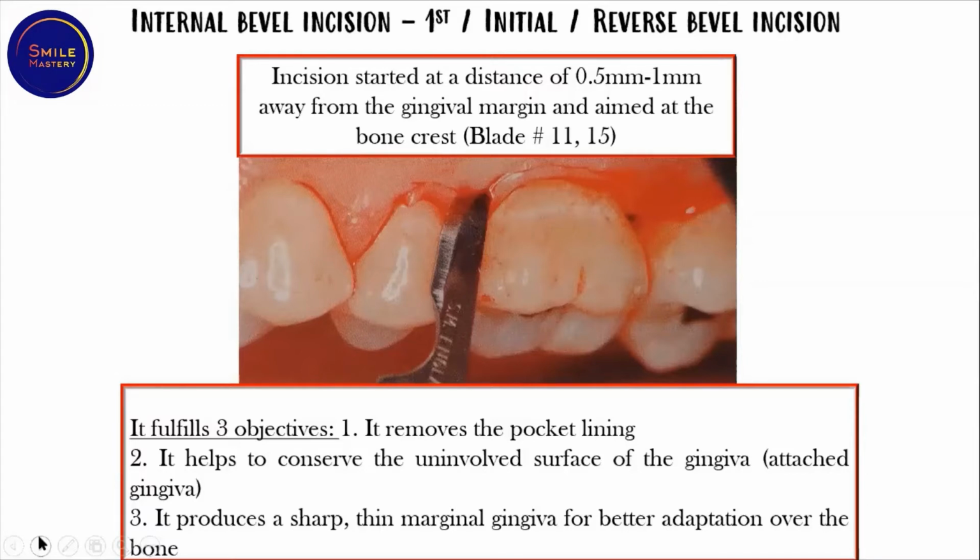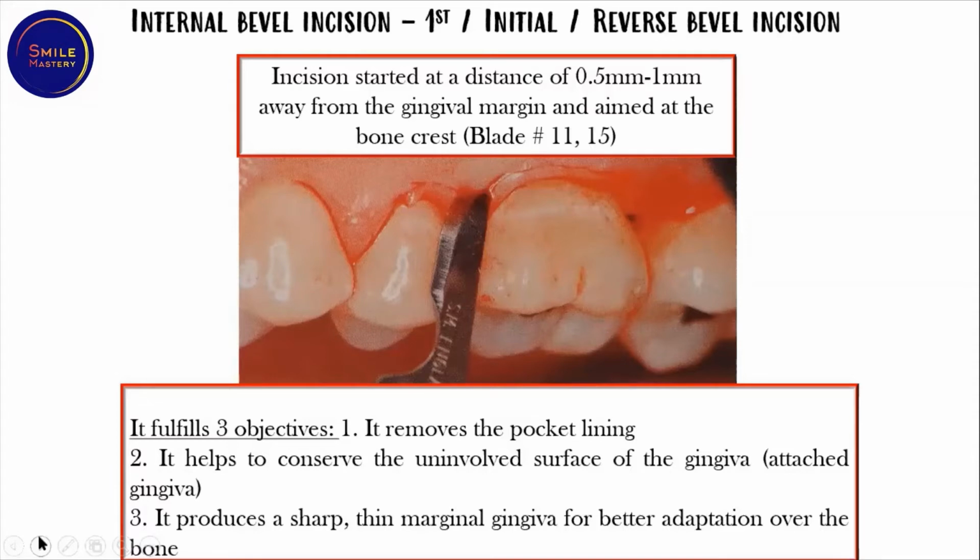The second one is, if the flap is sutured with that inflamed margin, the flap will be a rolled margin that is adapted over the bone. That rolled margin is not very tightly in contact in the buccal and lingual aspect. So in such cases, easily during the healing phase, plaque bacteria can seep into the deeper tissues and cause a recurrence of pocket. So the entire reason for doing flap surgery will be lost.